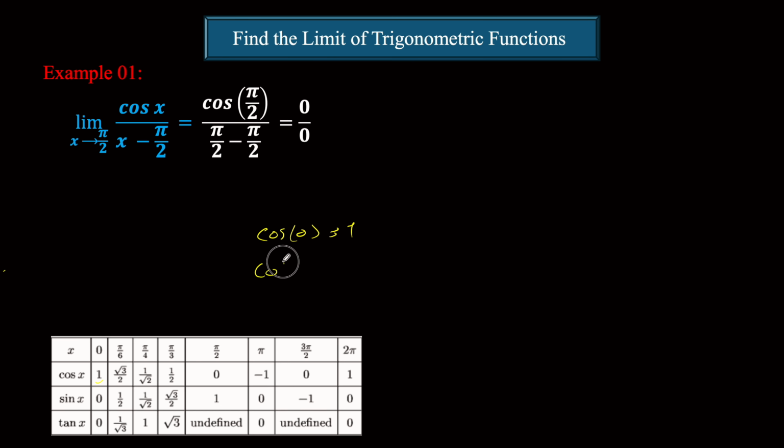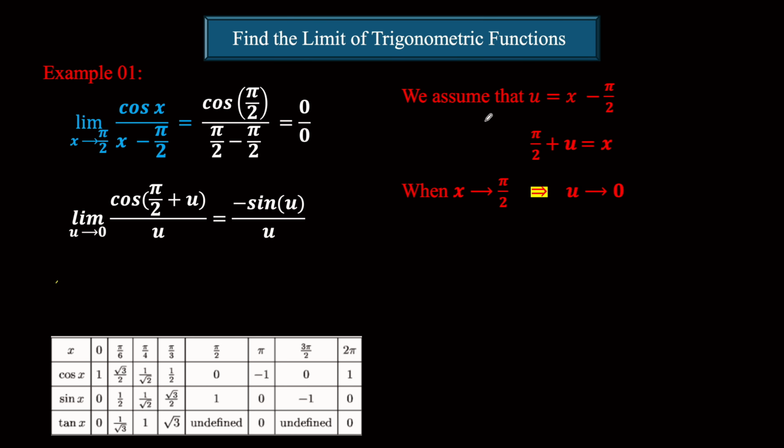What is cosine of pi over 6? It is equal to, in this table, the square root of 3 over 2. Okay? And so on. In our case, we have cosine of pi over 2, so we are here, and it is 0. Then pi over 2 minus pi over 2 is equal to 0. This is an indeterminate quantity, and we have to avoid it, right? So what we will do is,